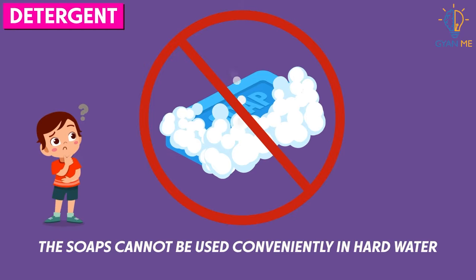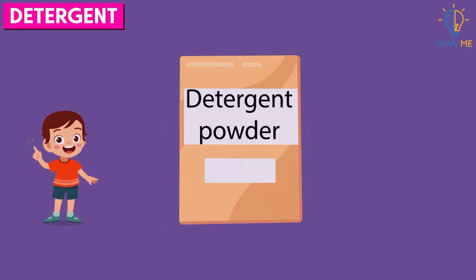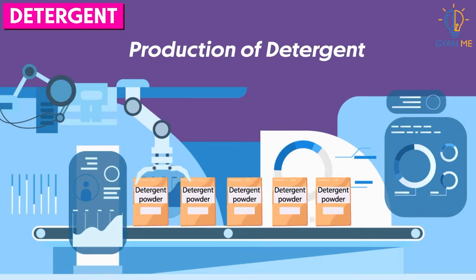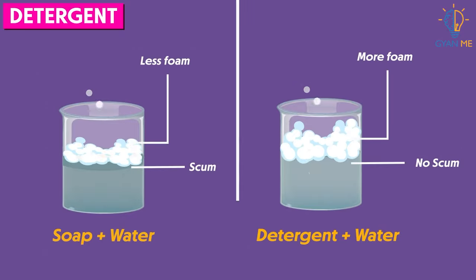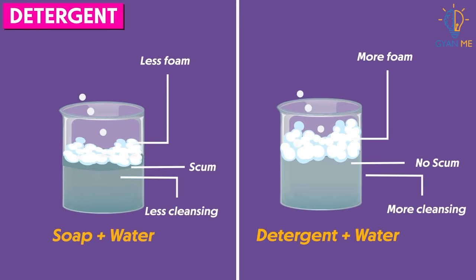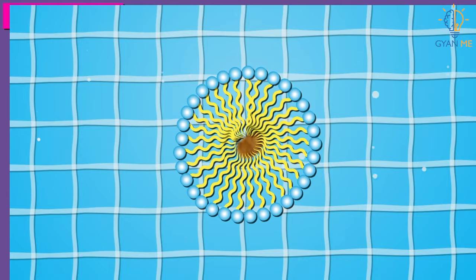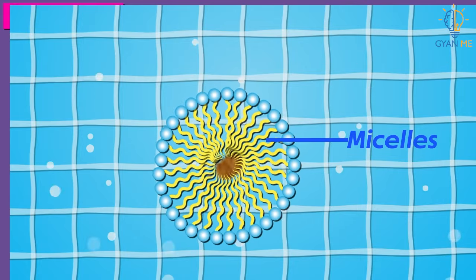Now, this problem is overcome by using another class of surfactants or cleaning agents called detergents. The development of synthetic detergents was a major achievement in the field of cleansing. These detergents possess the desirable properties of ordinary soaps and can be used with hard water. They also have great cleansing ability. So we can conclude that the cleansing action of detergents is better than soaps. So now students, what we have seen is how detergents or soap can clean dirt or stains by forming micelle-like structures.